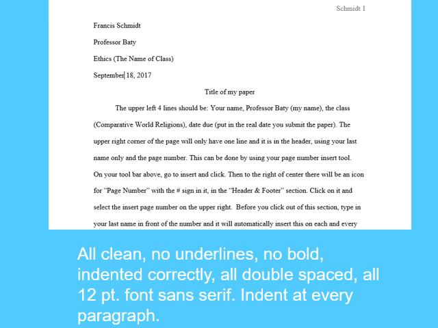And everything should be the same color font all the time, always, even in your works cited page. Nothing should be blue, everything will be black. Nothing will be underlined, it'll all be the same color, black and no underline. And it'll all have the same font. We're looking for a sans serif font, which actually this is not. That's kind of funny. I had one earlier,